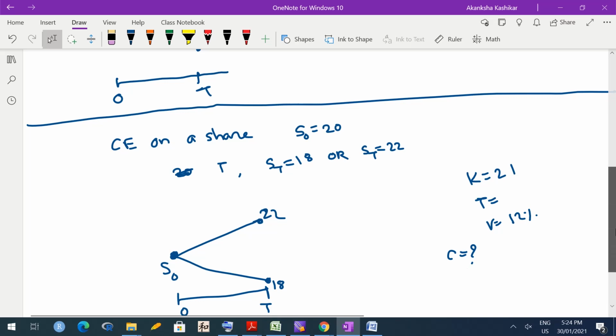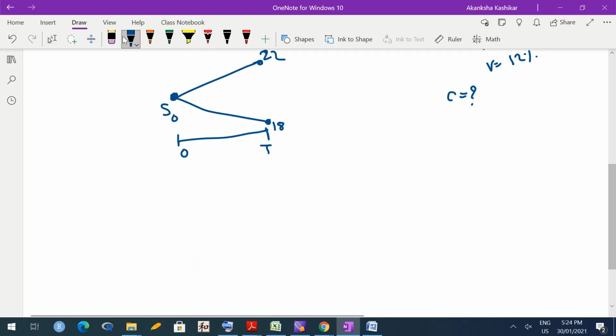As always, for deriving any price we would assume no arbitrage opportunities are possible. So we would derive the price under the no arbitrage assumption. By the way, S naught going to 22 or 18 can happen with probability q and 1 minus q. We don't have to assume that these are 50-50% chances. We'll say with probability q it goes up, with probability 1 minus q it goes down. Now, for deriving the price we need to know what is the payoff at capital T from the option. And as I said, we would use the no arbitrage assumption.